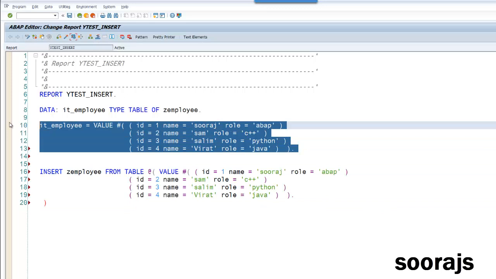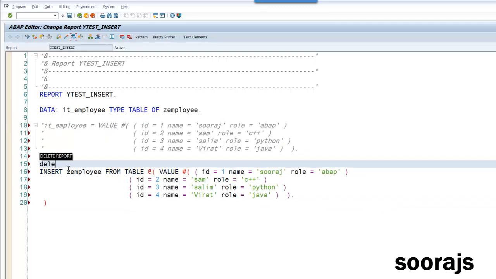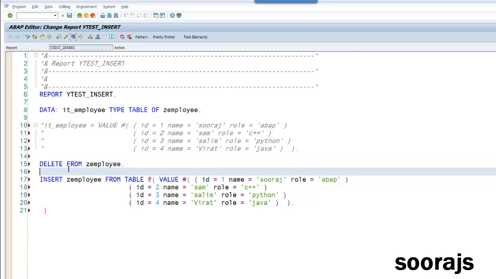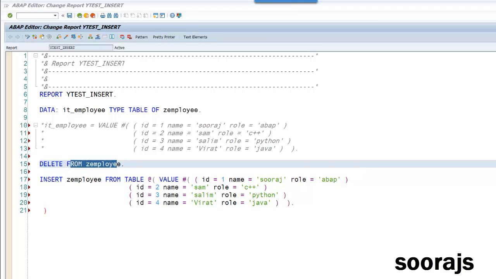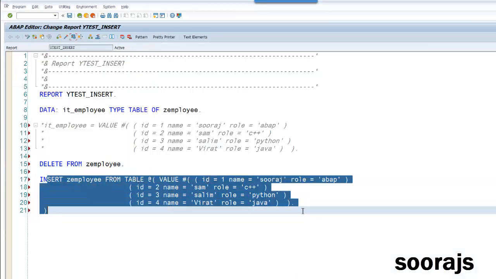I'll comment this out, and firstly I'll delete from this table, so that I can insert it once again. Delete from the employee. This statement will delete all the records from this table, and then it will make a new insertion with all these values.